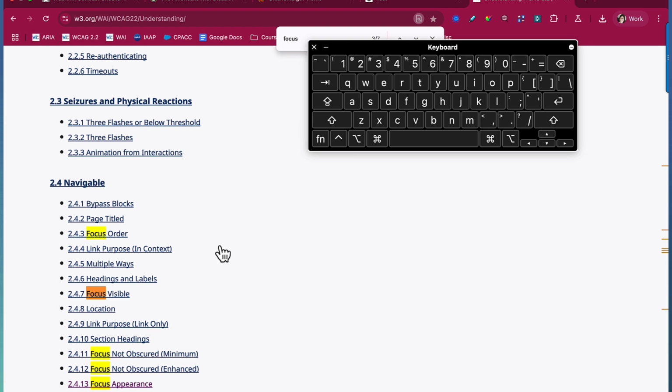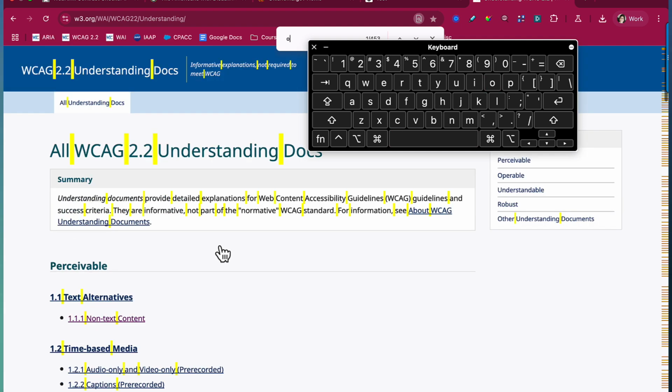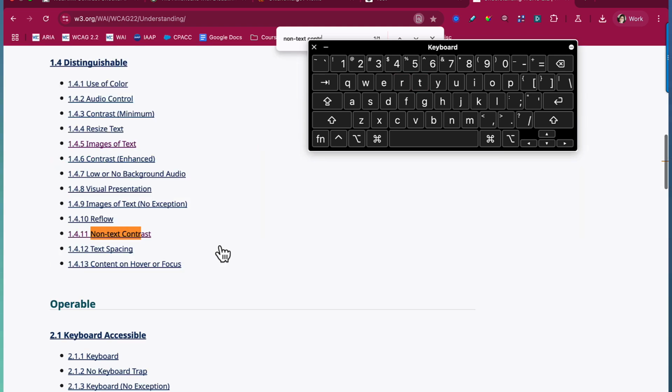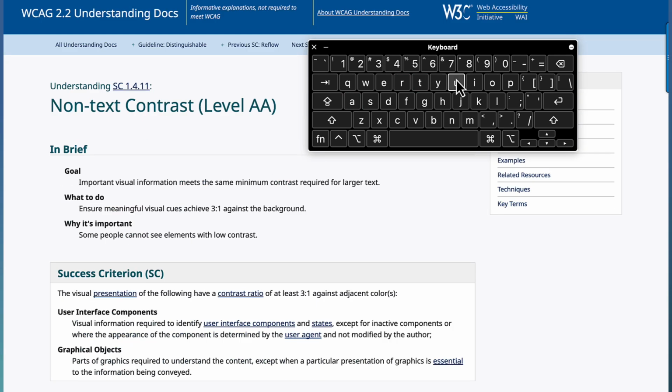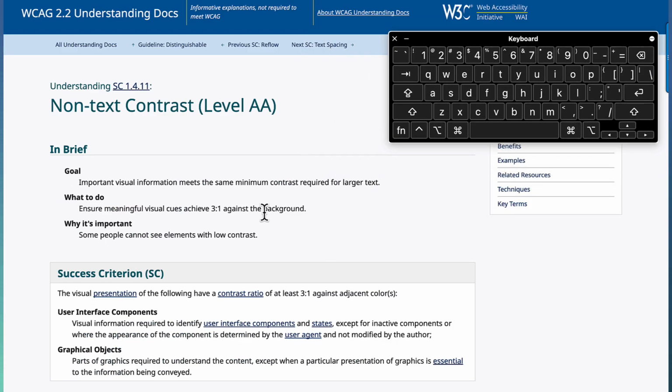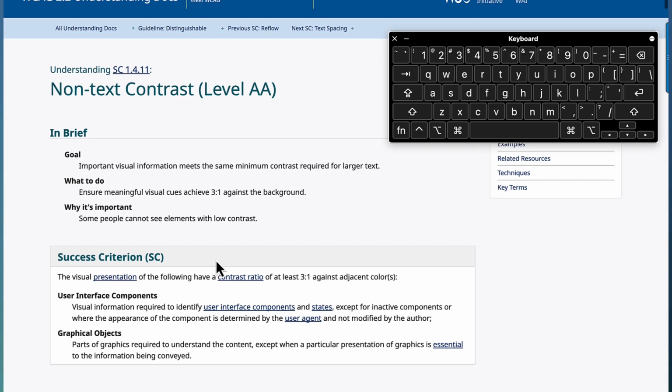A lot of clients and webmasters ignore AAA, so we're just going to focus on Focus Visible, 2.4.7, and Non-text Contrast. I'm going to advise you to review these success criteria before you continue with the video, but it's not necessary.